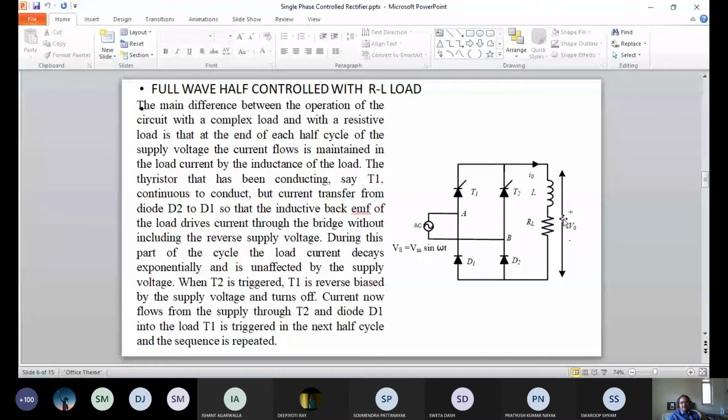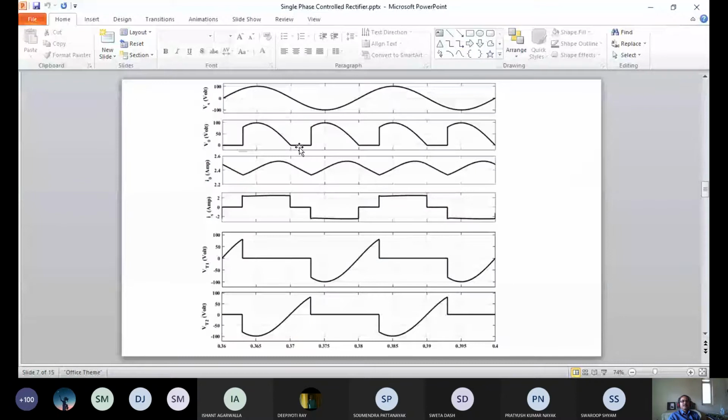Inherent freewheeling. So therefore, negative voltage is not appearing. And current, as I told you for the RL load, we have solved the problem in the half-wave rectifier. Please remember, it has a transient component and a steady state component. If you combine this, it will rise exponentially, reach a peak value and decrease like that. It's not reaching 0 in a complete cycle, so it is a continuous current because of the inductor.